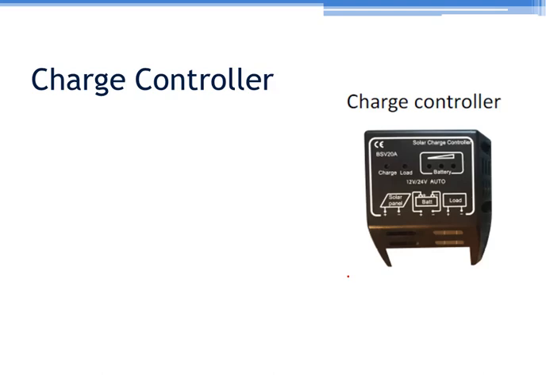Charge controllers. As I told you, when you want storage, in that case you are trying to use a battery, and batteries need to be charged with proper current rating. So in order to charge batteries with optimum rating, you need to have this charge controller block. These charge controller blocks have 12 volt, 24 volt charging capabilities. If your battery is of 24 volt, you need a charge controller which can charge a battery of 24 volt. So here in the picture it is shown that 12 volt or 24 volt charging of battery.